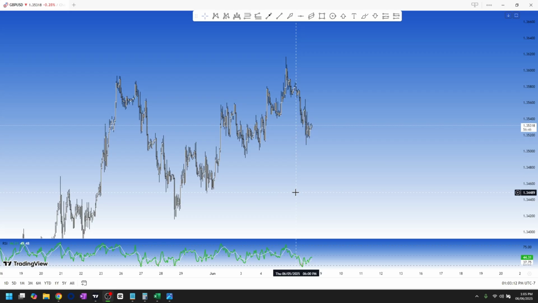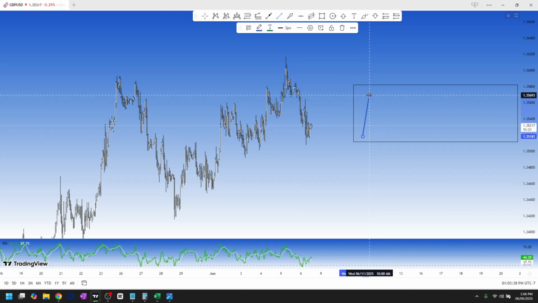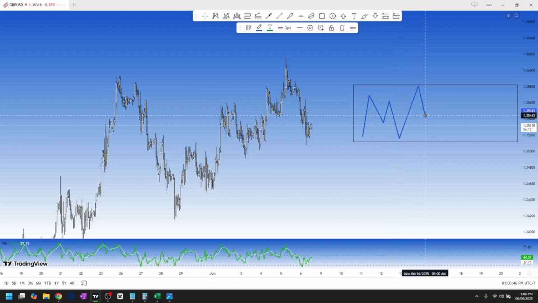Now, the best or most probable, meaning high probability way that you could enter a trade that features a harmonic pattern would be a harmonic pattern that is completing inside of trend continuation. Now, as you guys have heard me say many times, a lot of times when you're finding and identifying your harmonic patterns, they will be inside of consolidation,